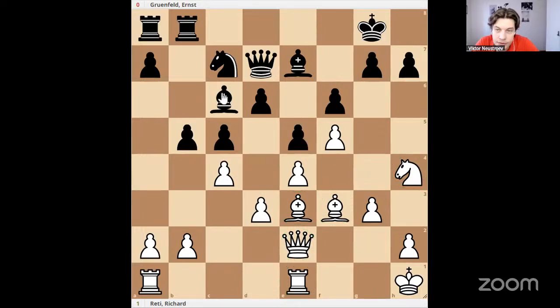Trade light squared bishop. Well, what for? This bishop isn't, well, they both are bad. But yes, I would prefer to exchange bishops. However, you should understand that by exchanging bishops, you provide your opponent with more room to maneuver with his other pieces. And here, white definitely has more space. That's why black experiences issues